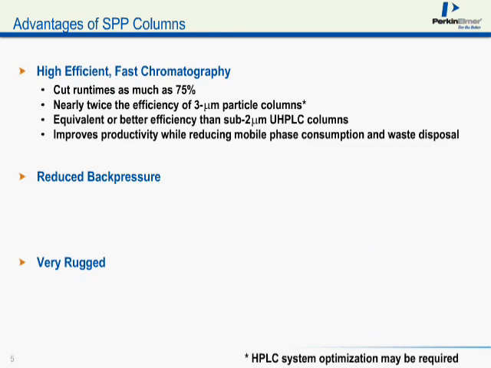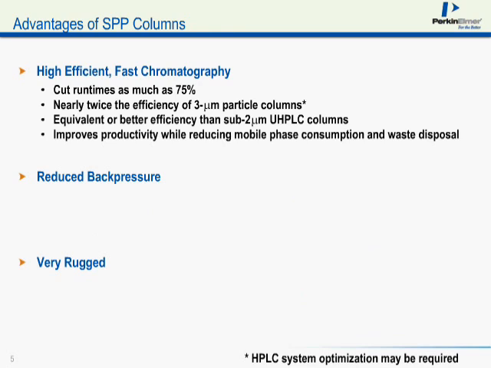And so if we look at each of these with more detail, in terms of high efficiency, fast chromatography, oftentimes when converting from a 5 or a 3 micron particle size column, you can cut your run times as much as 75%. So that time savings gives you an enhancement in productivity. You get nearly twice the efficiency compared to a 3 micron particle size column in terms of separation. And you get equivalent or sometimes better efficiency than your sub 2 micron UHPLC columns. So what you get is an improvement in productivity,